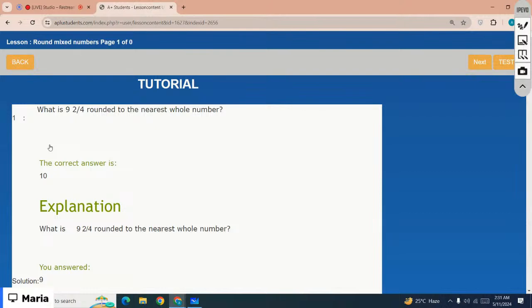And if the fractional part is less than 1 over 2, you have to round down. Round down means you need to round on the same whole number, right? So